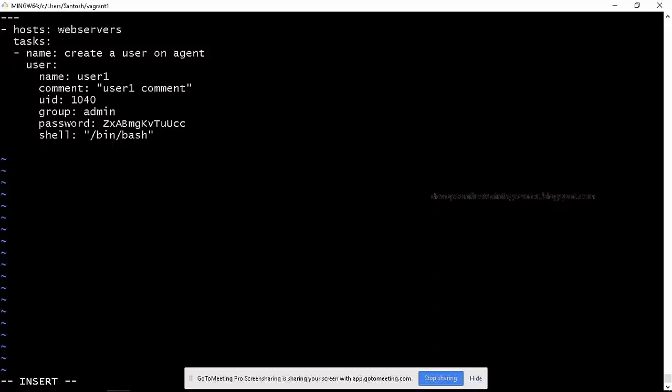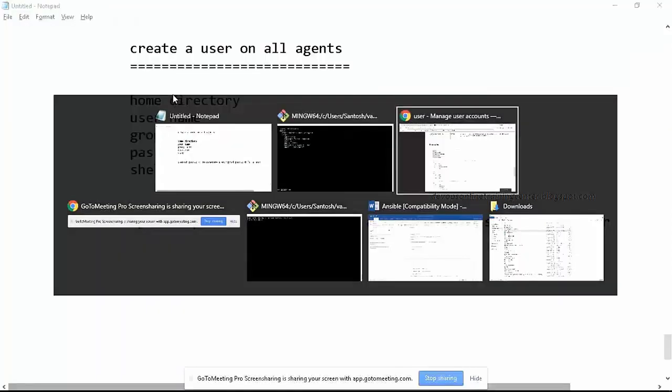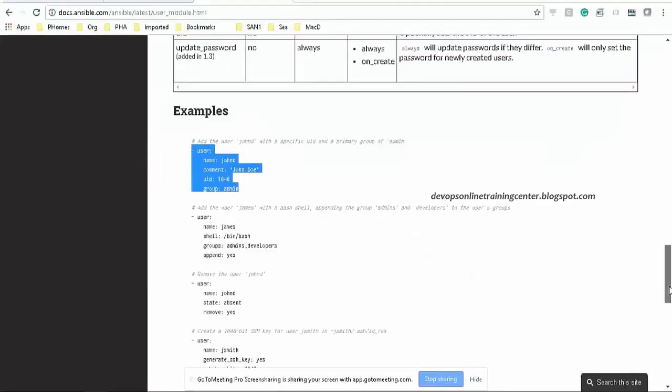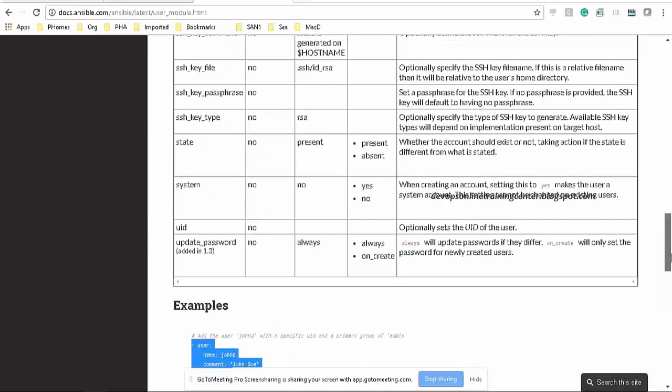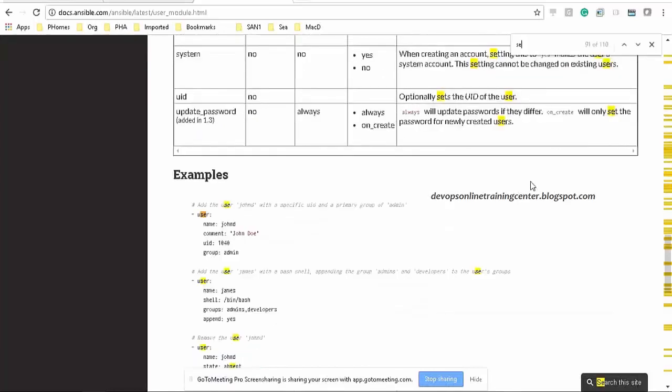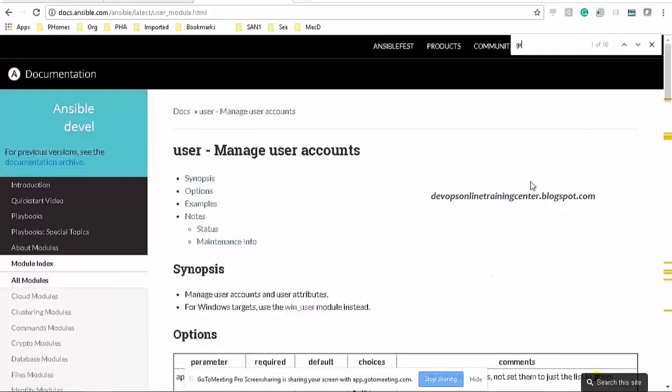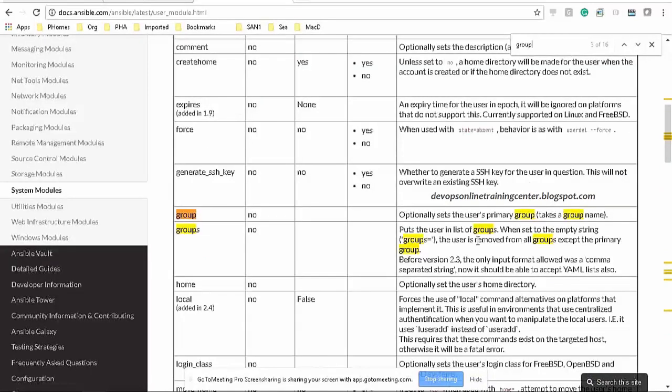What else? Password we have given. UID is there. Group is there. Comment is there. Can you add a secondary group? Any sample secondary group? Okay, if I want to add something like that, I need to check if there is any option like that in the entries. Let me see if I have something like that. Groups puts users in the list of groups. Okay, so I can give groups.